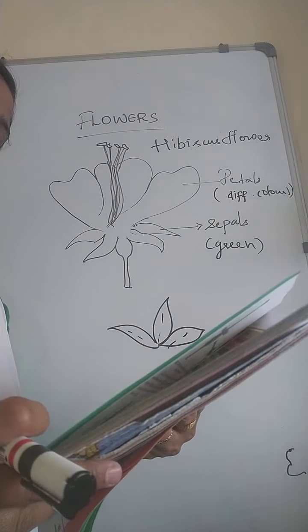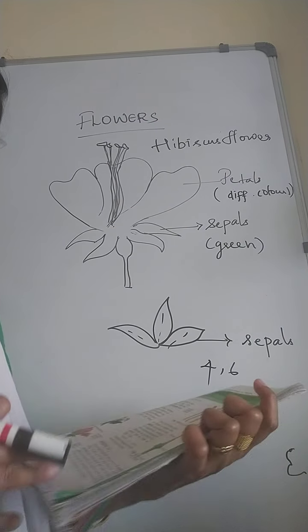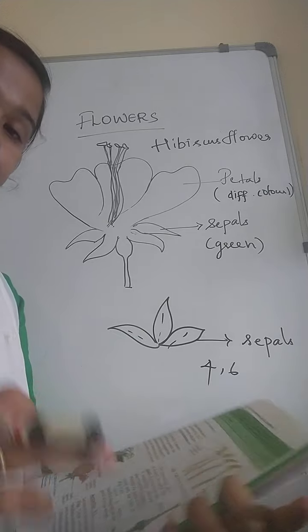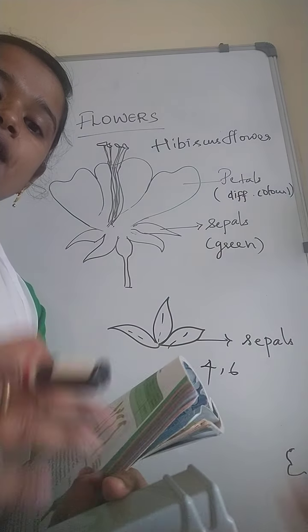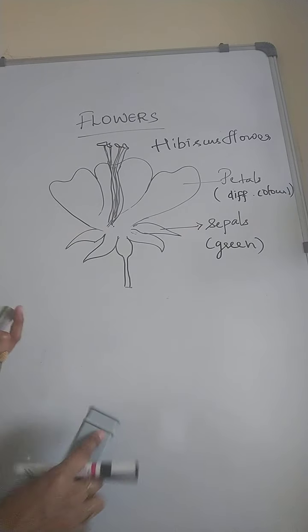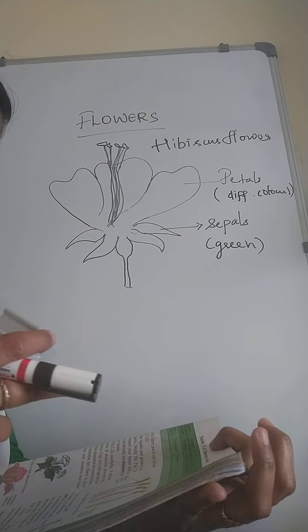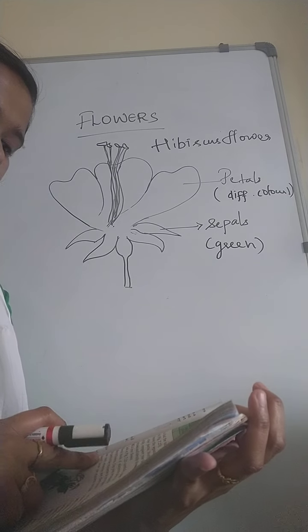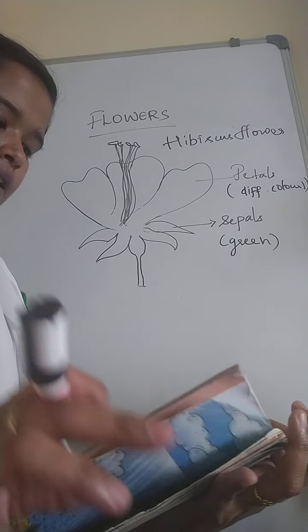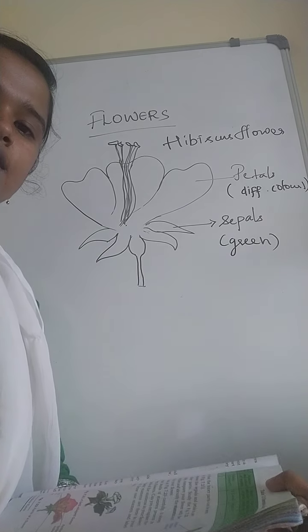Remove the sepals and petals to see the other parts. Next we are going to see other parts of the flower. Not only sepals and petals, flowers have other parts too. We are going to see those parts. Okay. So compare your flower with the illustration and identify the stamens and pistil in your flower.